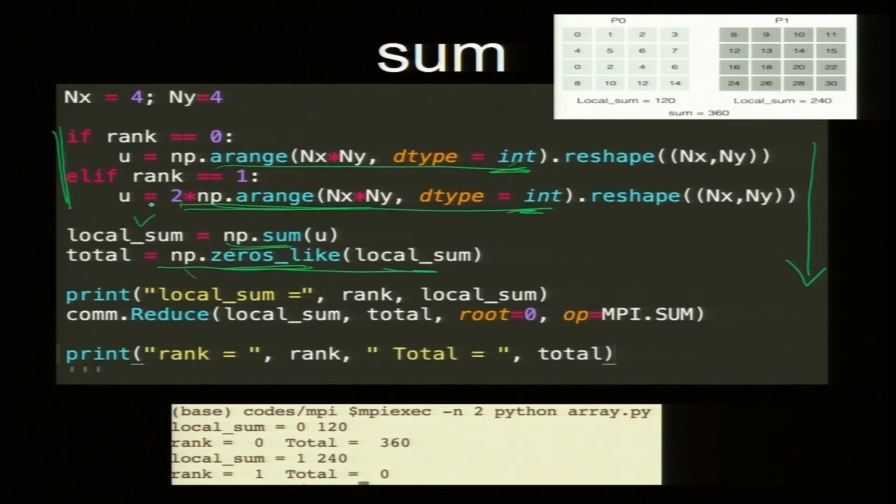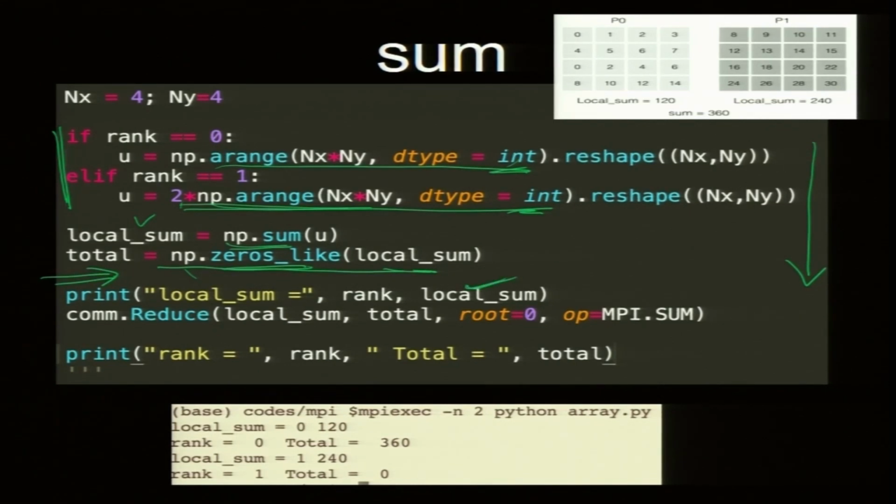The thing is, Python does not require you to declare the type of a variable. You do not need to say a variable is integer or float or string; depending on what you put in it, it will work. But for MPI it is a good idea to declare like this, because I am sending big data. Then print local sum. At this point each processor has computed its local sum and I put it here.